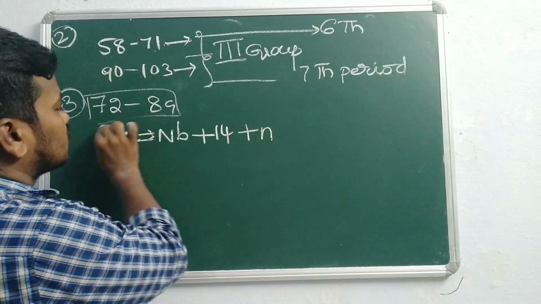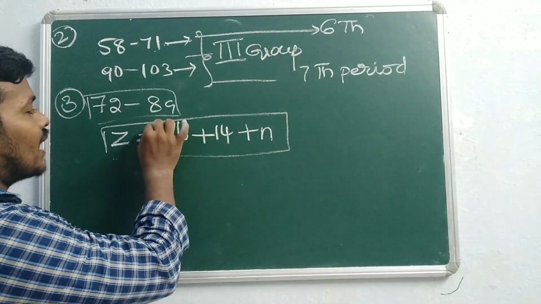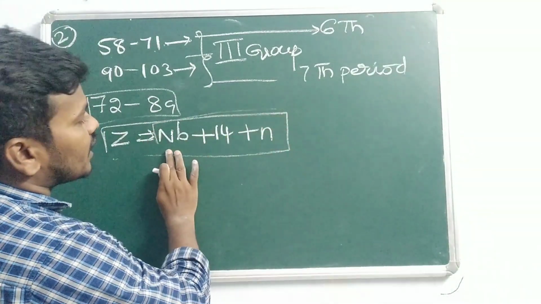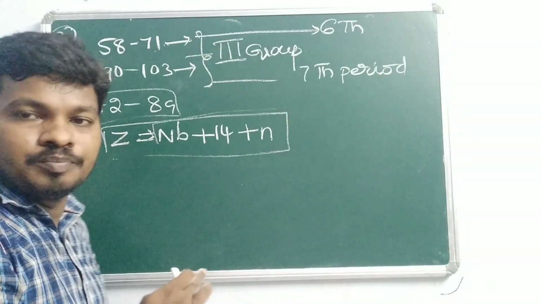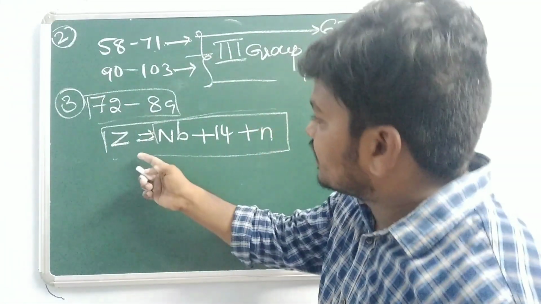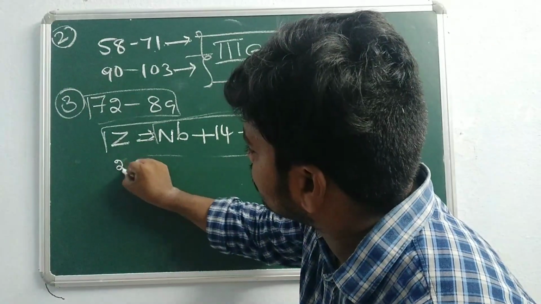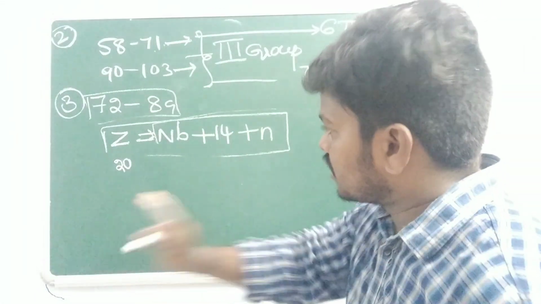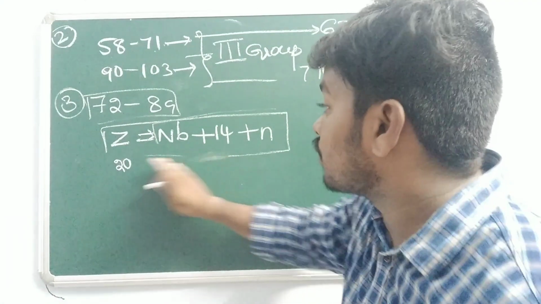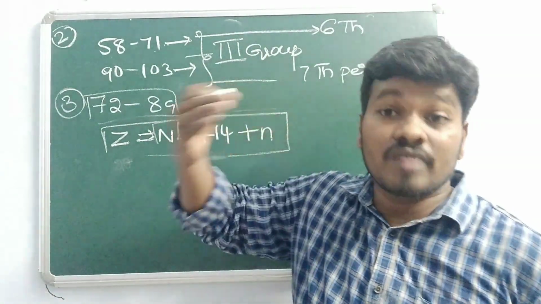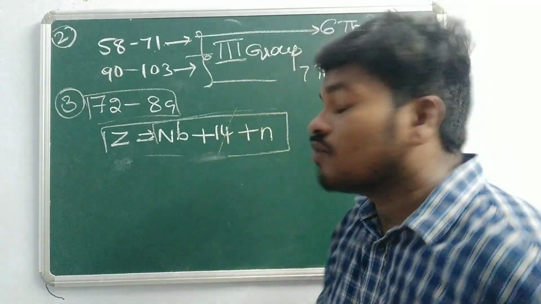So atomic number, just apply this formula. Now we can see some examples. Whatever the sum we are getting, noble gas plus 14 plus n should be equal to the given atomic number. For example, the atomic number is 20, but I am getting 27, which is more than the given atomic number. If you get this value, then you have to just neglect the 14.